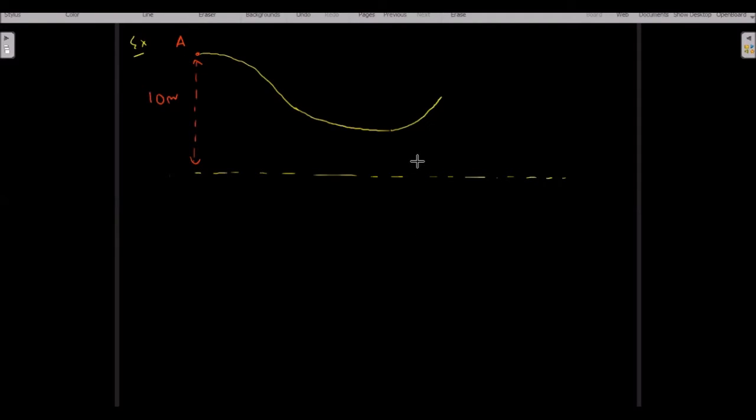So next, let us go for an example that you people can do. Let us say similar time. There is a track like this. This is point A. I'm considering it to be at 10 meter. All right, this is point B. This is at 6 meter.